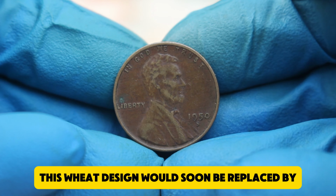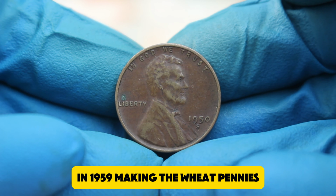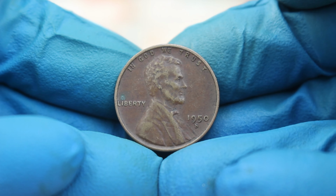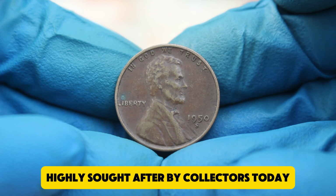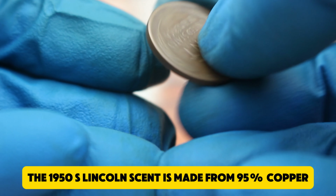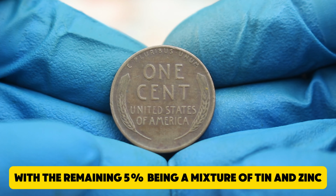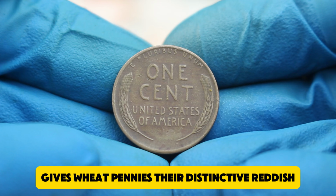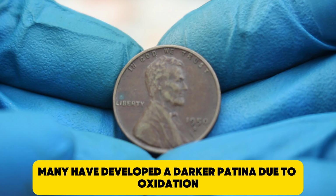This wheat design would soon be replaced by the more familiar Lincoln Memorial design in 1959, making the wheat pennies a collectible piece of American coinage history. The simplicity and elegance of the reverse design have made wheat pennies highly sought after by collectors today. The 1950 S Lincoln cent is made from 95% copper, with the remaining 5% being a mixture of tin and zinc. This high copper content gives wheat pennies their distinctive reddish-brown appearance, though over time, many have developed a darker